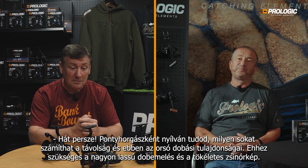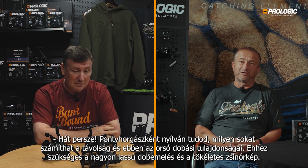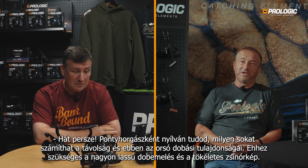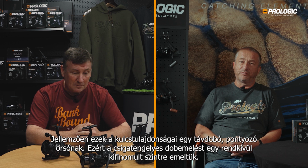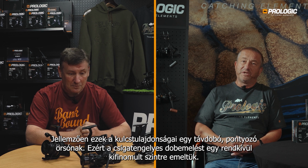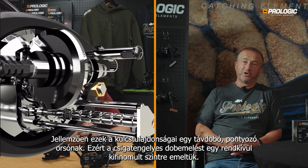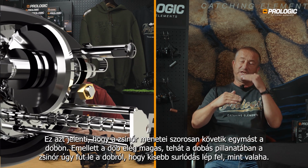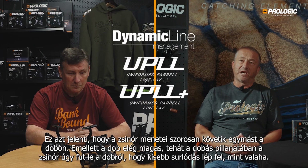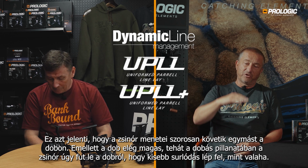Yeah, of course. As you know, as a carp angler, it's all about distance and castability of the reel. So therefore you need two things. You need a very slow oscillation and you need a perfect line lay. That's basically key when it comes to a big pit reel, a carp reel. So what we did is we took the worm shaft oscillation to an ultra slow level, which means that you get coil after coil, straight lines on the spool. Next to that, the spool is pretty high, so the moment that you cast, the line flies off the spool and goes up and down